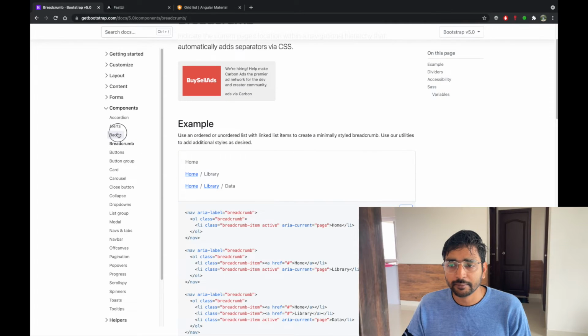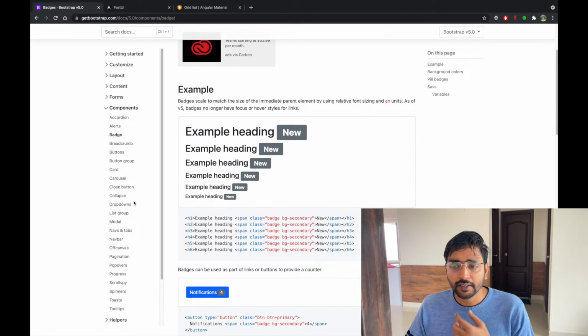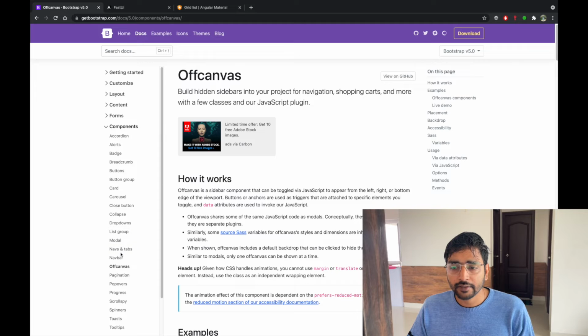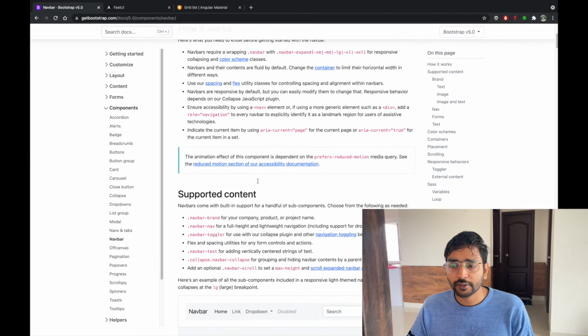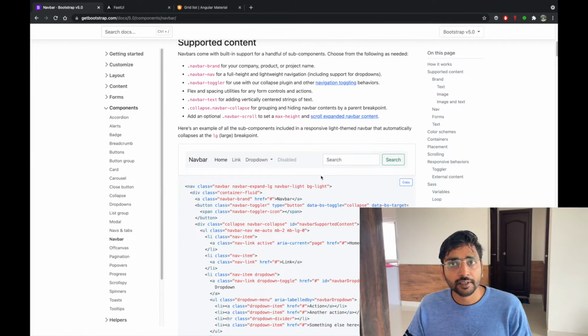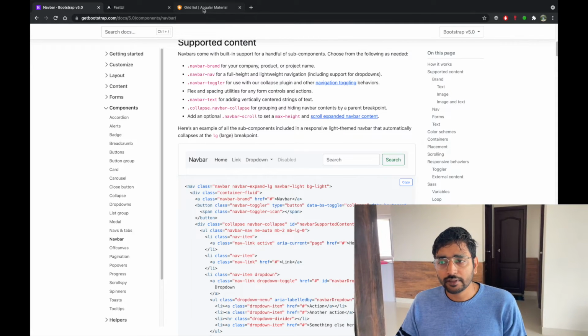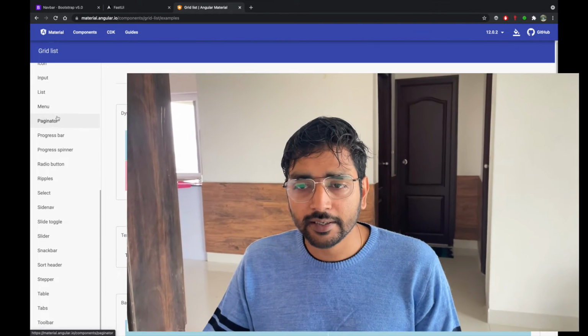This is like breadcrumb, you can go and see badges. There are a lot of things to be done here. Even when you want to create a navbar on the top of the page, you can create those. Whatever things are generally present in Angular are present here. Angular is more of a thing where you have to import a lot of modules, but in Bootstrap, you can just import a little bit of it. We have tried very minimal code and it is easy to remember because it's completely based on HTML and CSS.